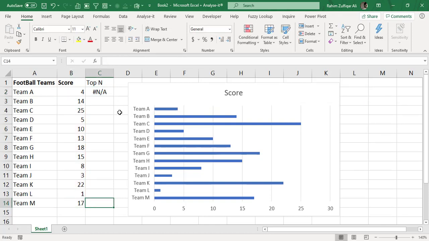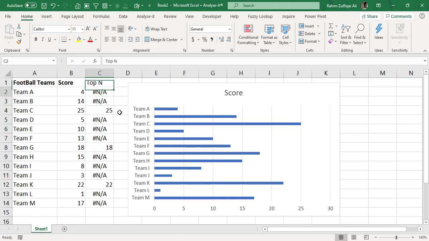Now cell by cell, if the value falls in the top 3 of that entire range of scores, it will return the same value in the next column, otherwise it will return an NA error.